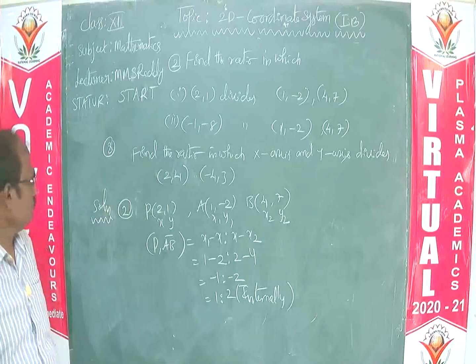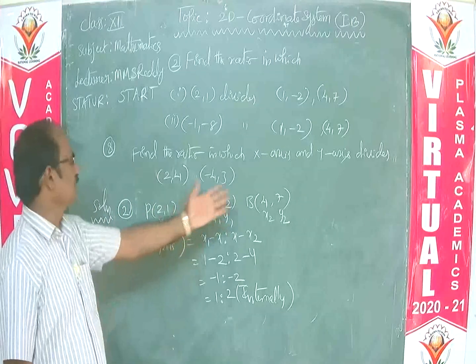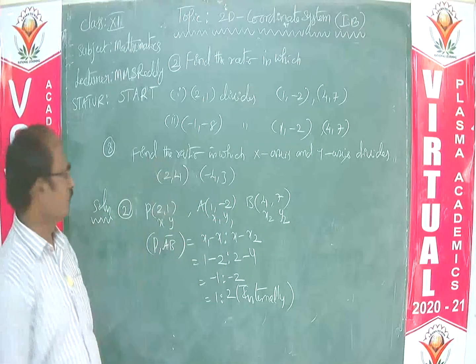Is the point clear? So we can find the coordinates of this point, that is equal to 2, 1. Next,